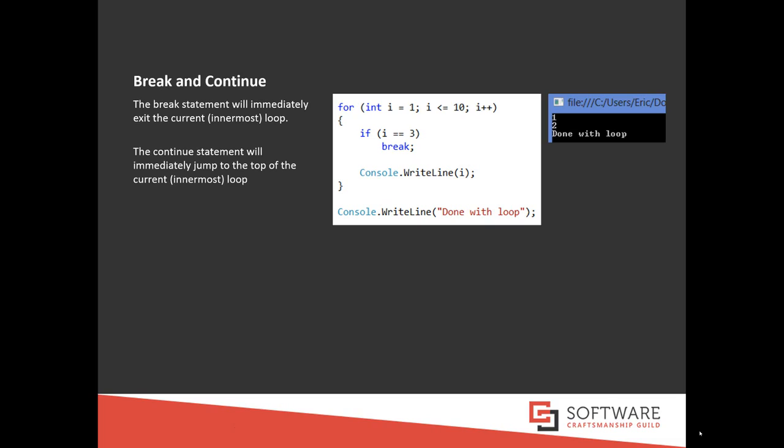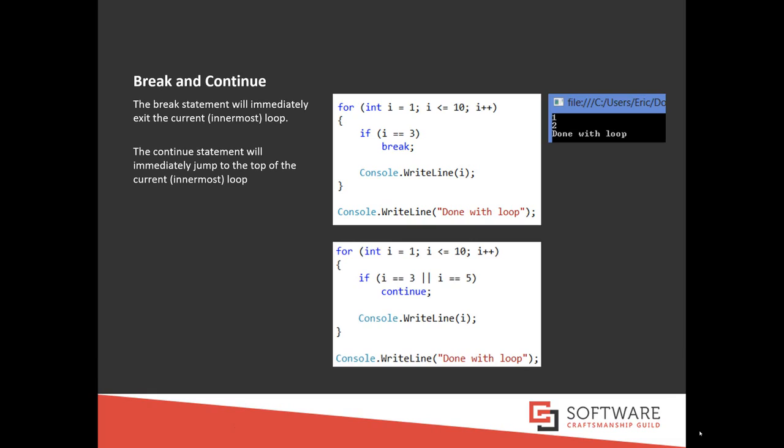We also have something called the continue statement. Unlike the break, continue just sends you back to the top of the current loop. So again, here's a code sample. Same thing. i is going from 1 to 10. However, I've said that if i is equal to 3 or i is equal to 5, continue. Since continue sends you back to the top of the loop, the Console.WriteLine statement will not be executed if i